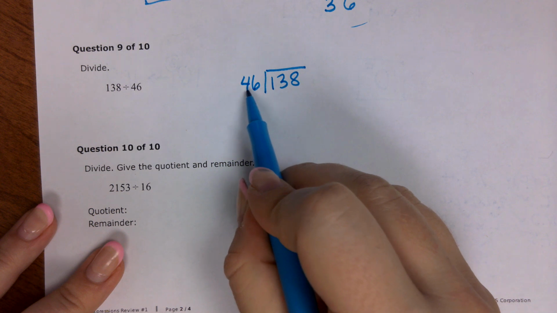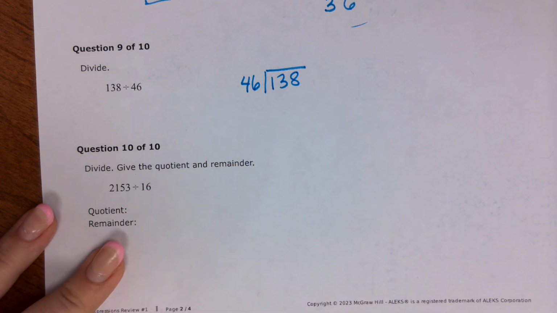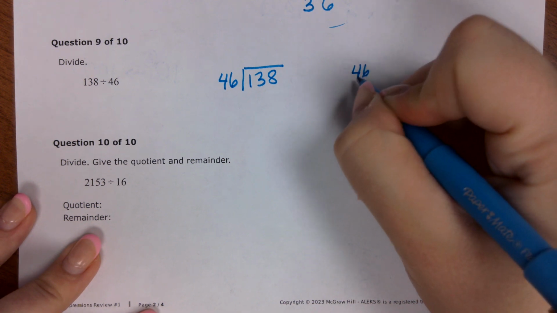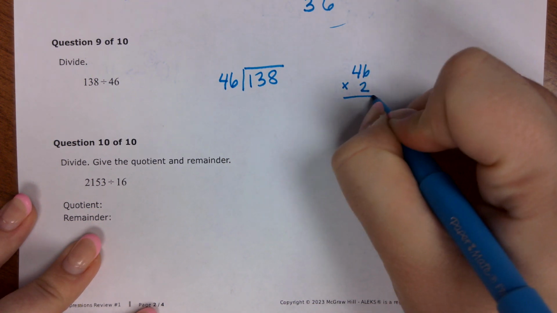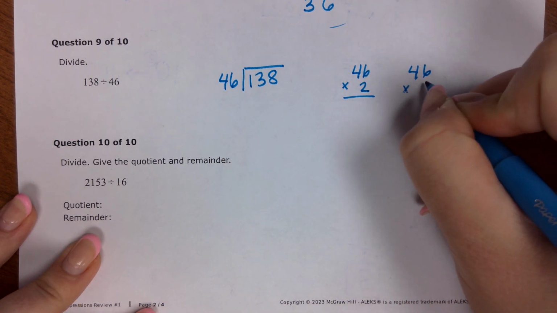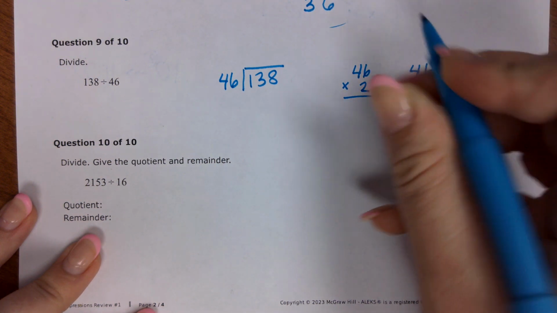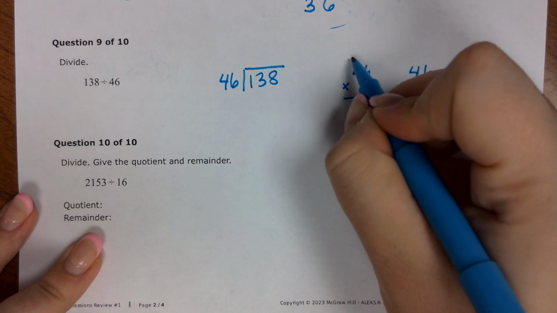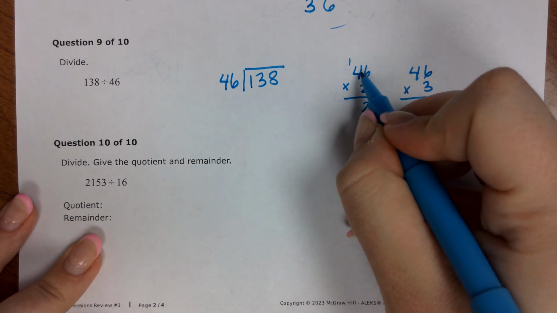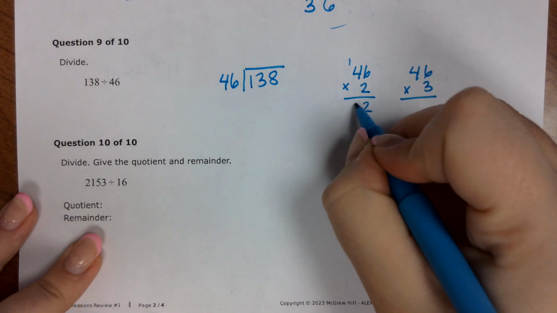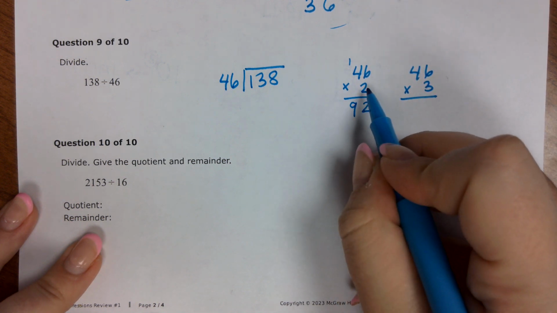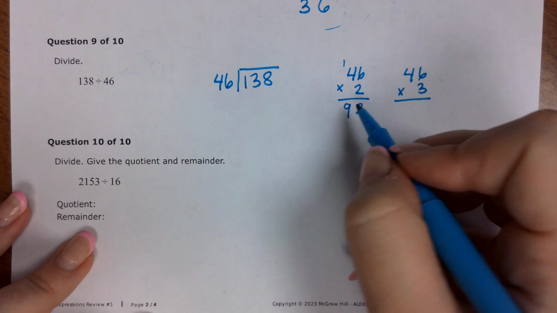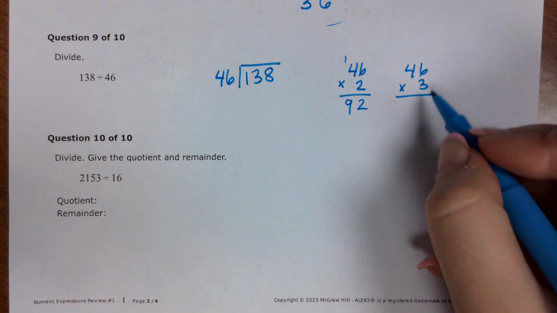Okay, now I don't know how many times 46 can go into 138. So I'm going to come out here and do my guess and check method. I'm going to times it by 2, and by 3, and see how close we can get. So 2 times 6 is 12, carry the 1. 2 times 4 is 8, plus 1 is 9. I know I could probably get closer to 138, closer than 92, so let's go ahead and move to 46